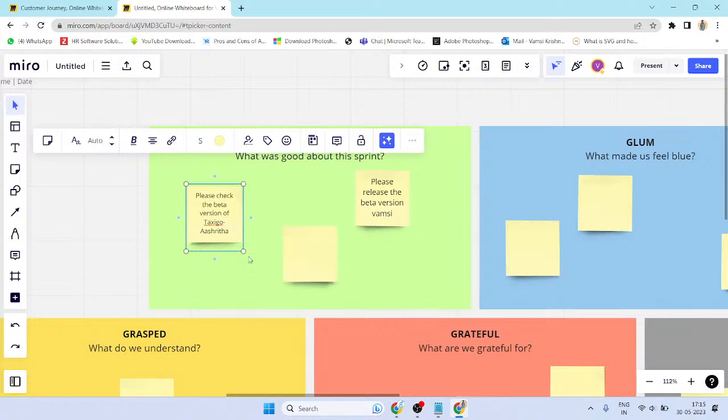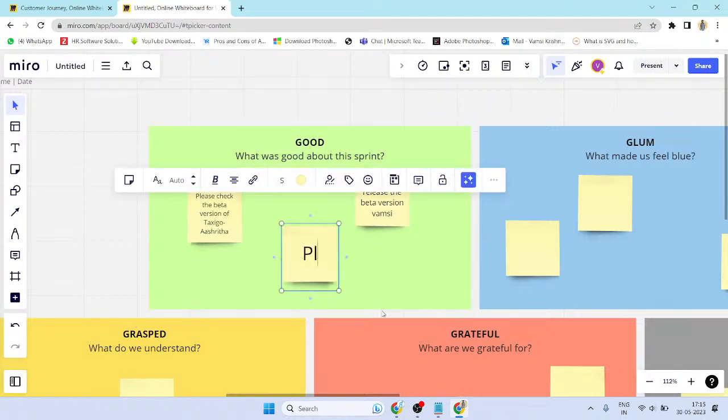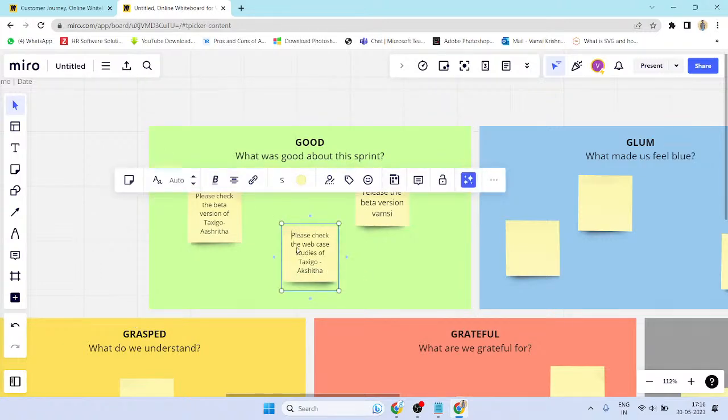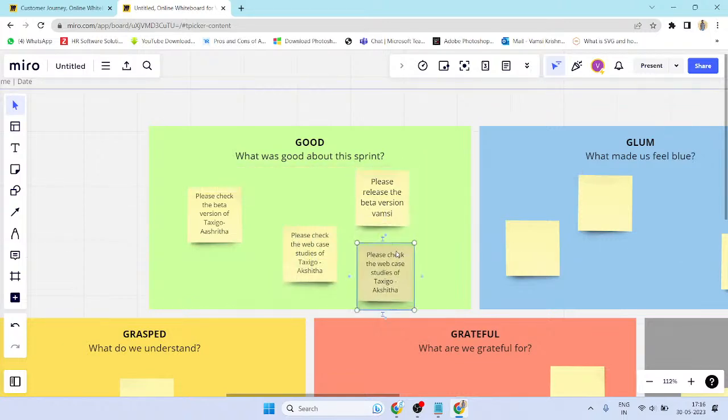Ashkita. Okay, so come to here. So please check the web case studies of Taxigo, Akshita. Like this. So I would like to create some more stickies. I would like to create one more sticky. Select this one and I can mention the same stickies, or I can duplicate the stickies like this